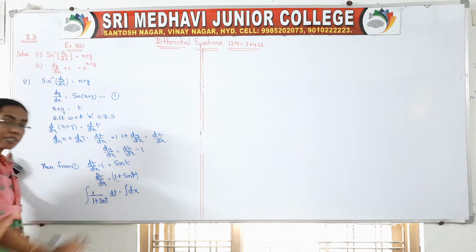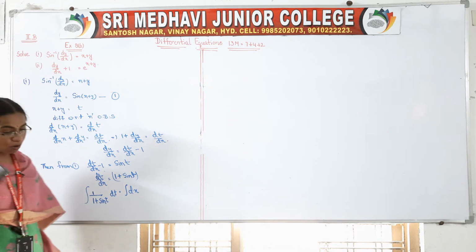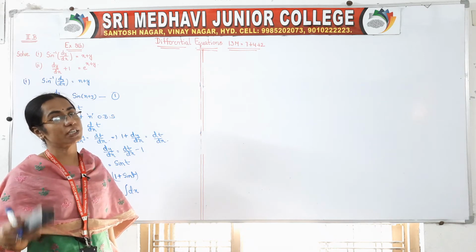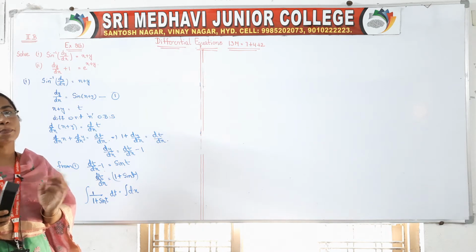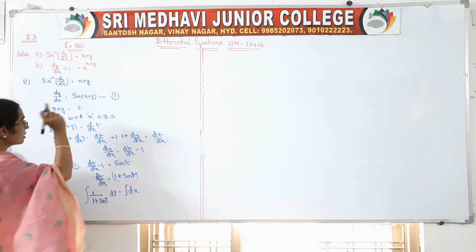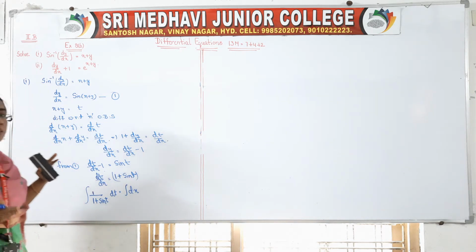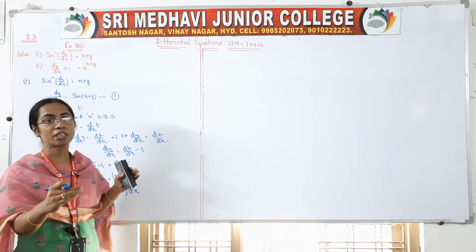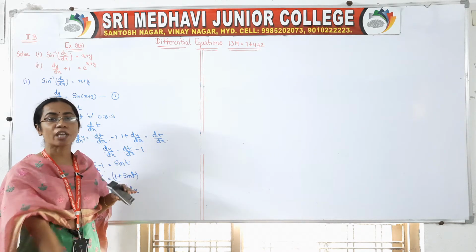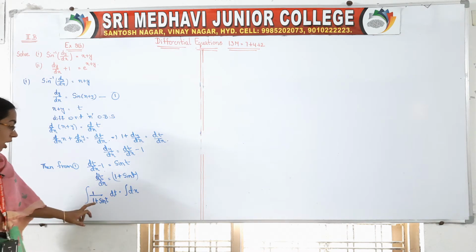So variables are separated. Once variables are separated, we have to take the integral. Okay. So whenever sine of x plus y, tan of x plus y, e to the power of x plus y terms are there, that means two variables are mixed, right? Then in place of x plus y, we have to take t, so that now your variables are t variables and x variables. All the t variables into dt, all the x variables into dx, we have to do in this type of problems. Okay. So come on, how do we solve this one?